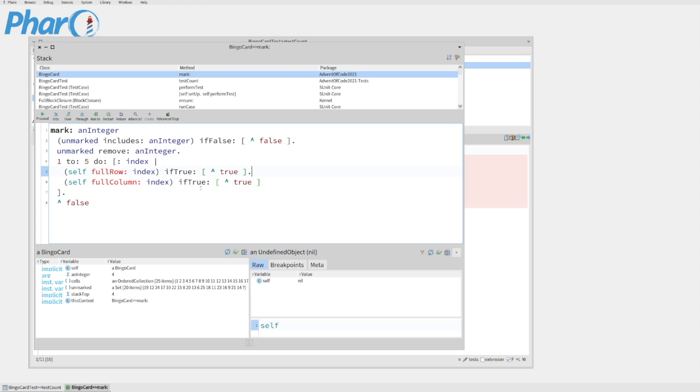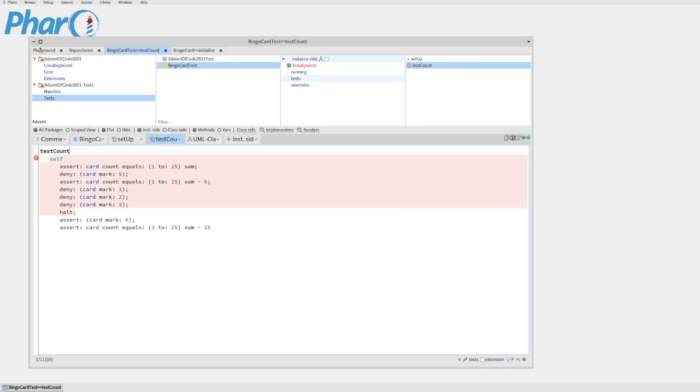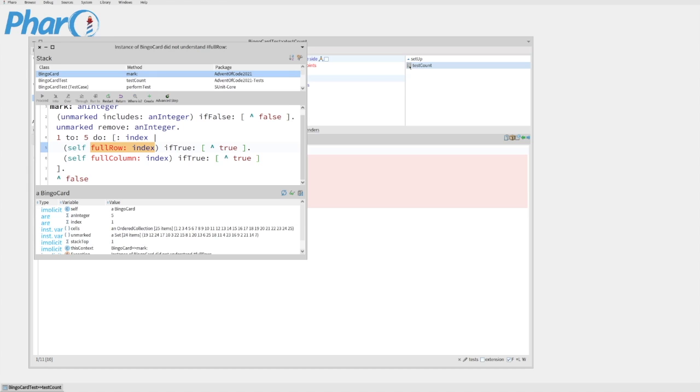Okay, so let's save this, and unfortunately we need to go back and rerun our test because, well, I'll show you what happens, because we've already removed that from the unmarked, so that's not going to work very well. Am I sure it's saved? I hope it's saved. Yes, okay, it was. There you go. So we come to full row, and